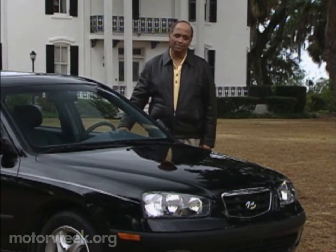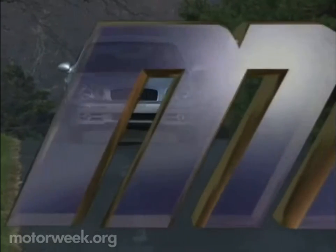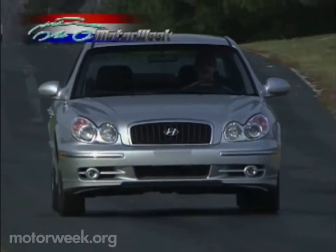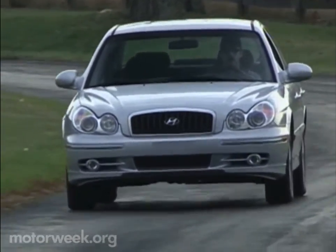brand in America. Today, Hyundai offers 6 model ranges, including the redesigned Sonata sedan, all with the longest warranties in the business. 5 years, 60,000 miles on the vehicle, and 10 years, 100,000 miles on the powertrain. But is a great warranty enough reason to buy a new Sonata? We don't think so, but to back up that impressive warranty, Hyundai has given the almost mid-size Sonata a thorough